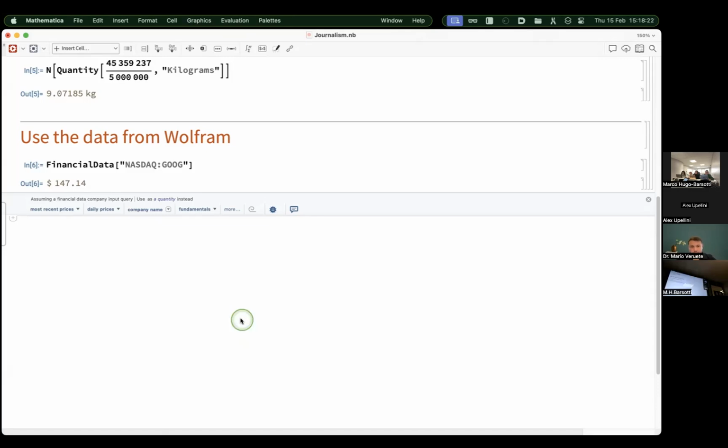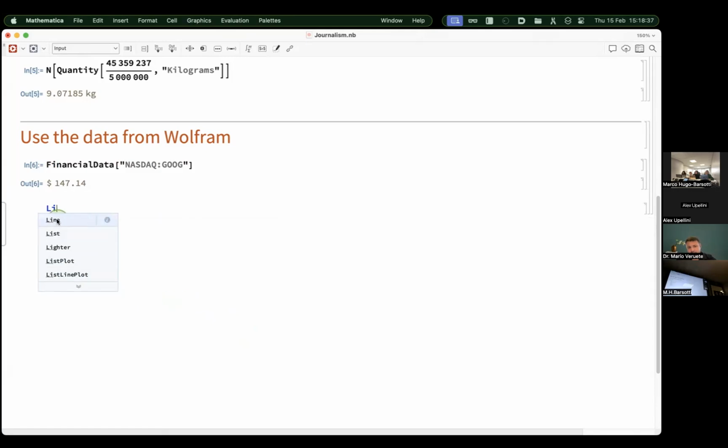Yes, in general, when you start writing something, you have a completion tool that suggests different possibilities. For example, if I type L, I have suggestions here, which are line, list, lighter, different things. In the case of financial data, if I type fin, I have this financial data option. I can choose it directly by pressing enter. And then here, when I introduce the